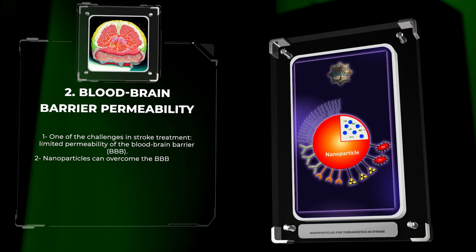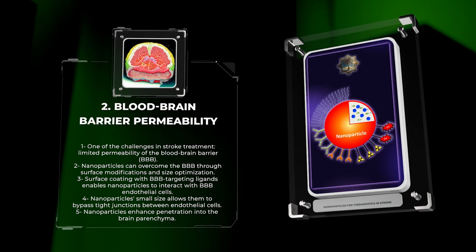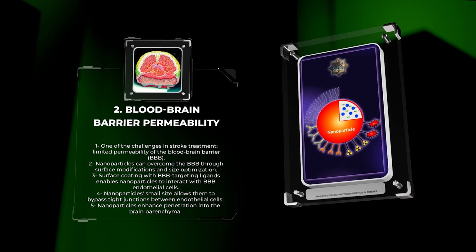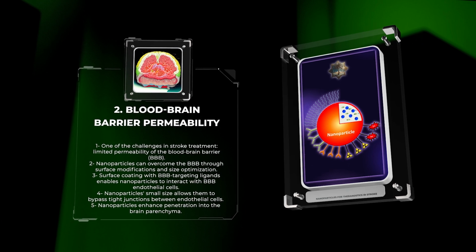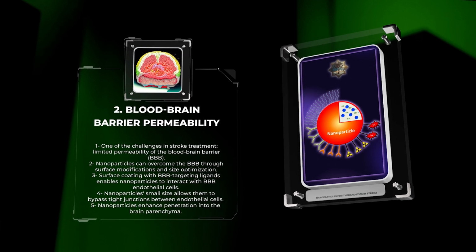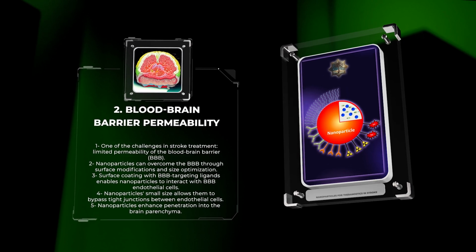One of the major challenges in stroke treatment is the limited permeability of the blood-brain barrier, BBB, that restricts the delivery of therapeutics to the brain. Nanoparticles can be engineered to overcome this barrier through surface modifications and size optimization. For example, surface coating with BBB targeting ligands enables nanoparticles to interact specifically with receptors on BBB endothelial cells, facilitating their transcytosis across the barrier. Furthermore, the small size of nanoparticles allows them to bypass the tight junctions between endothelial cells, enhancing their penetration into